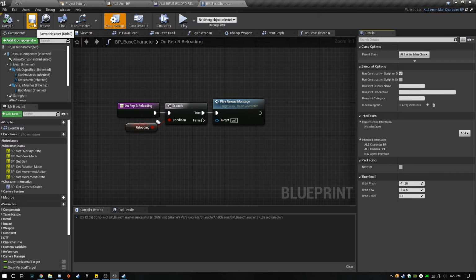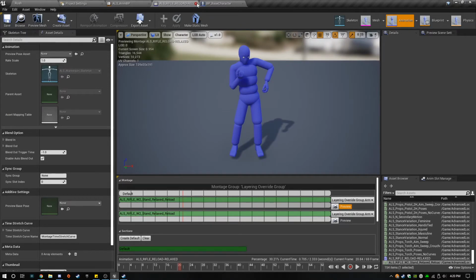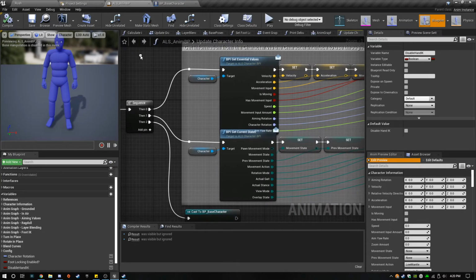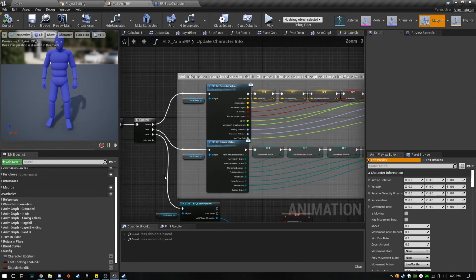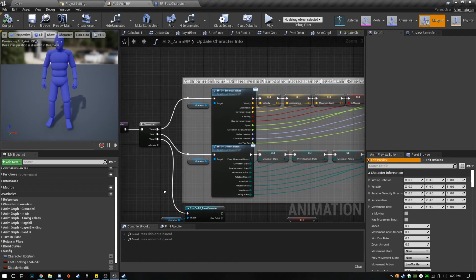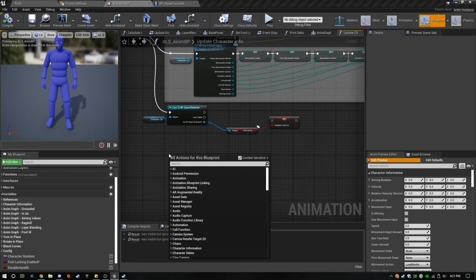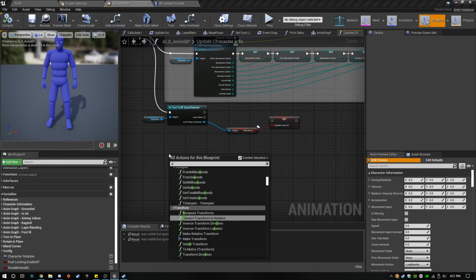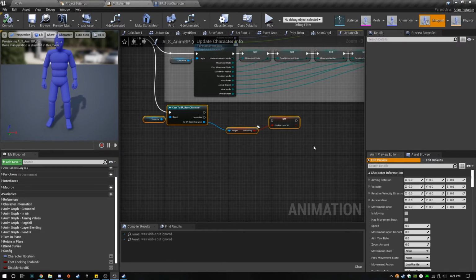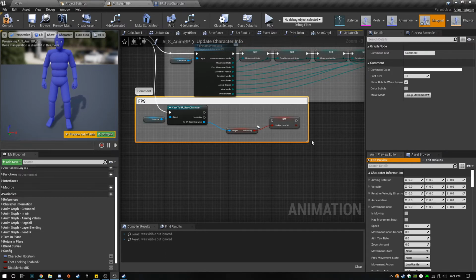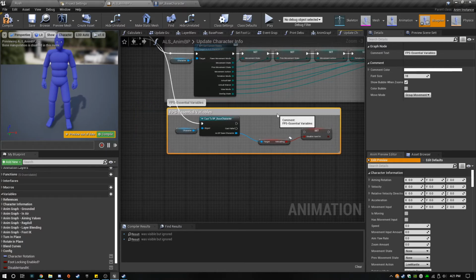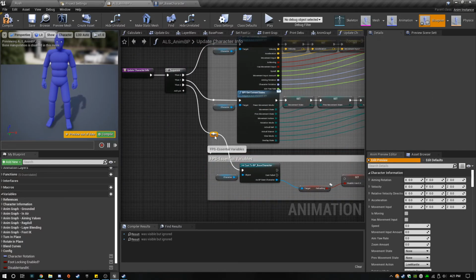Let's just make this its own thing, just for now, just to kind of split our locomotion and FPS related things that we need.